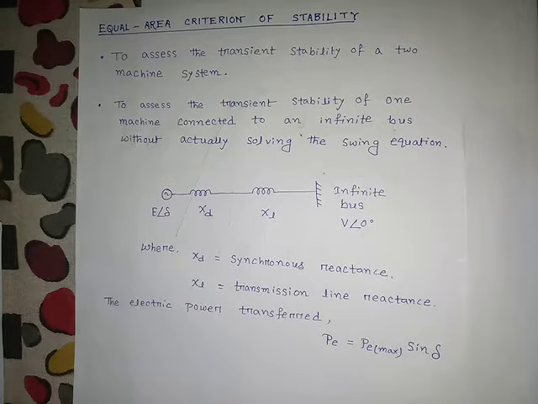We use this equal area criteria to find the maximum angle of swing, that is our load angle. Next, you also estimate whether synchronism is maintained, that is the machine is synchronizing with the system, where synchronism means voltage the same, frequency the same, etc. And you also see the maximum amount of disturbance that occurs in the machine, that is how much transient oscillation will occur.